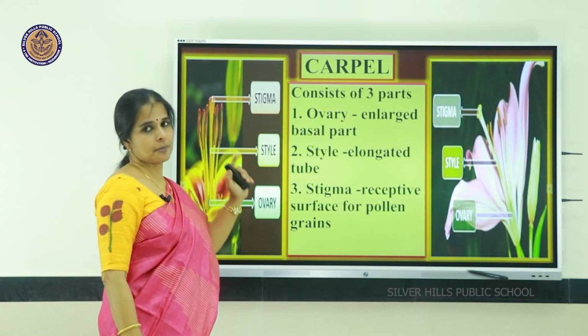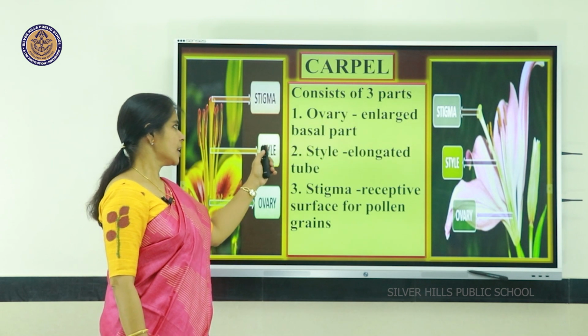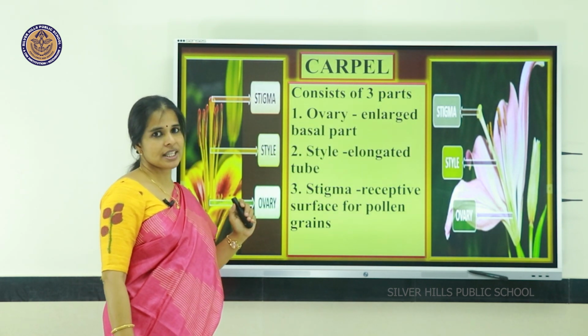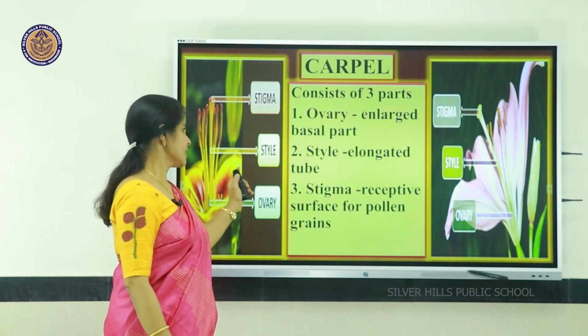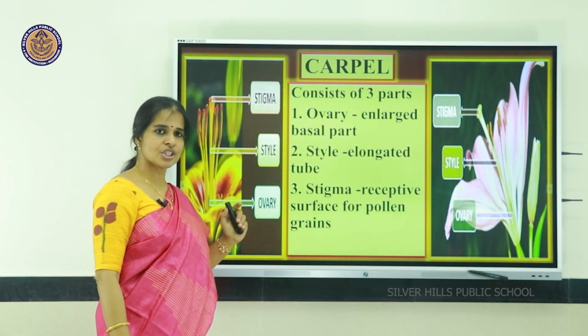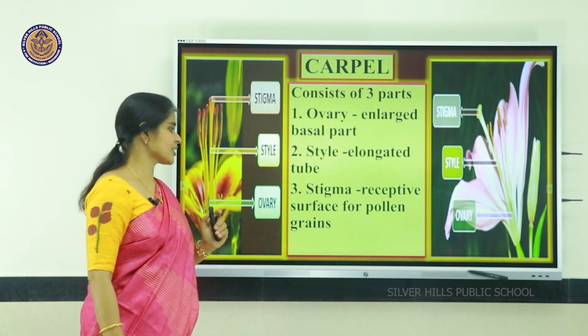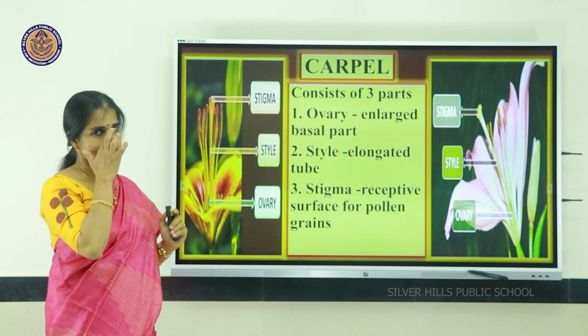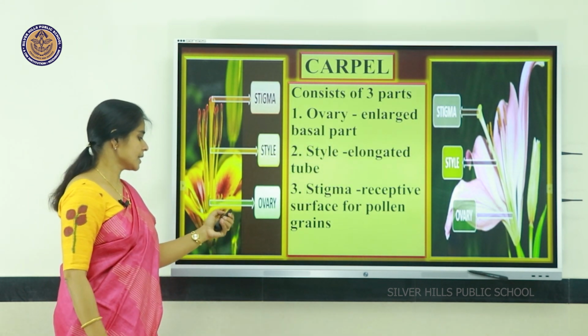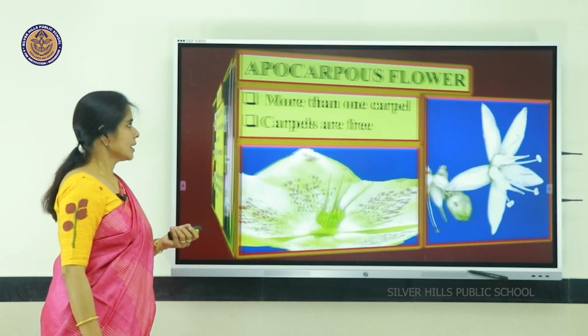Once again, a carpel consists of three parts: the basal part, the ovary, the enlarged portion. Then comes an elongated tubular structure, that is the style. The third part, the receptive surface for pollen grains, the slightly sticky part, is known as the stigma. Next,